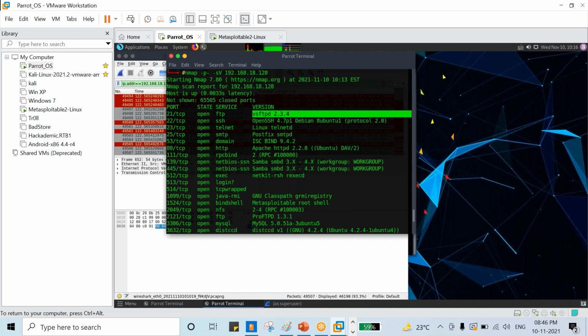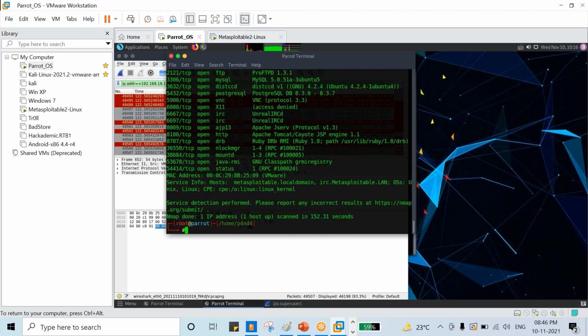So yes, we can find the vulnerabilities and exploit them. Now the third part, the enumeration part. When it comes to enumeration, we don't rely on only one tool, and we don't rely on only nmap. There are multiple tools available, and we can use them. We have MSF console and multiple other tools in order to do the enumeration.